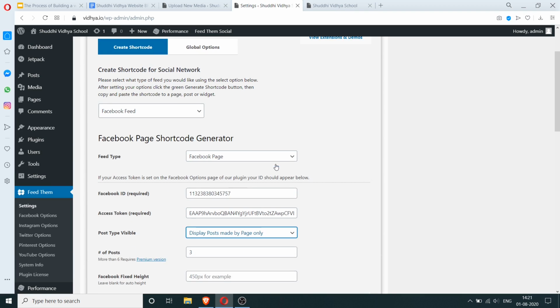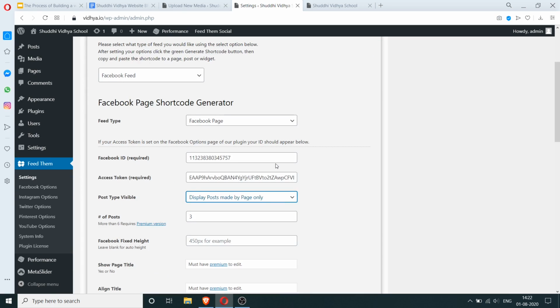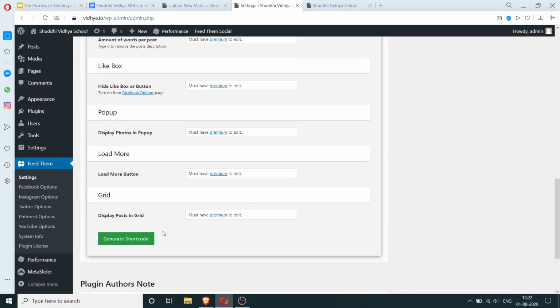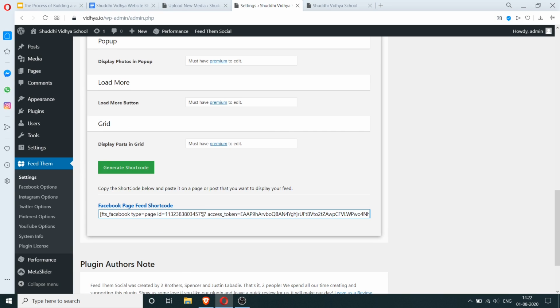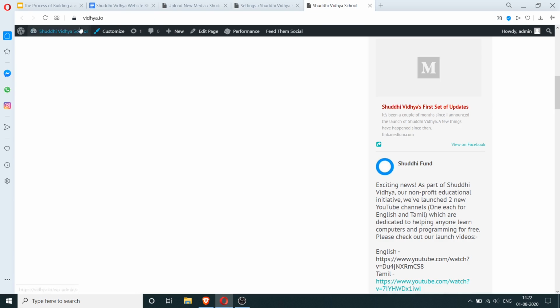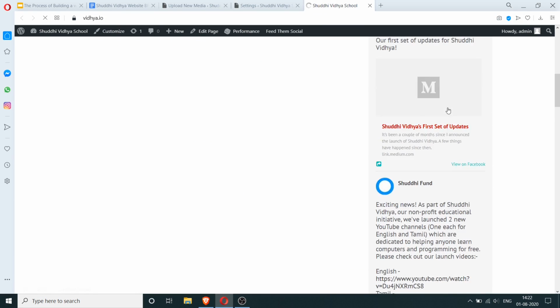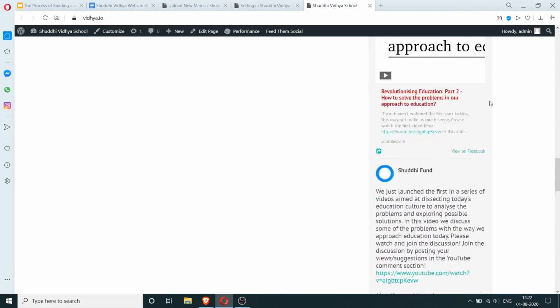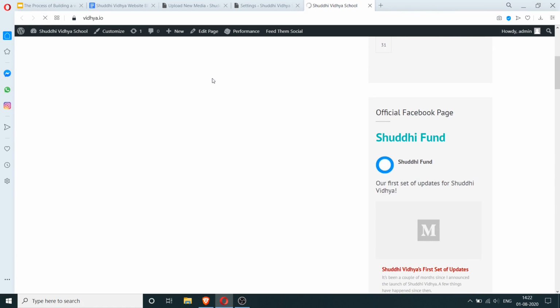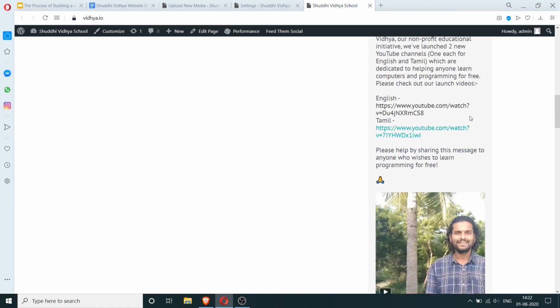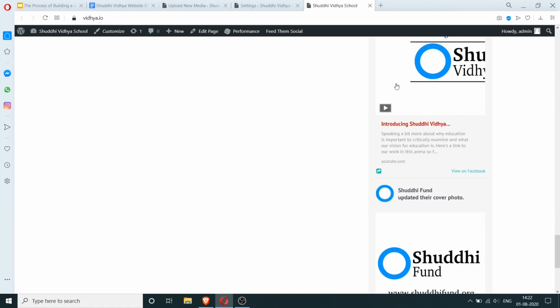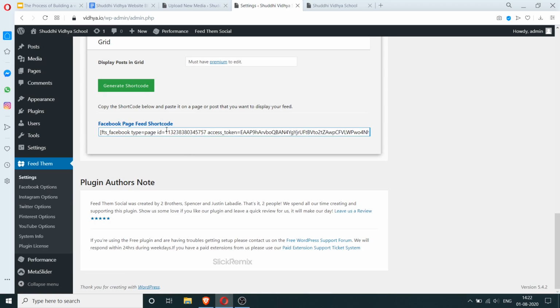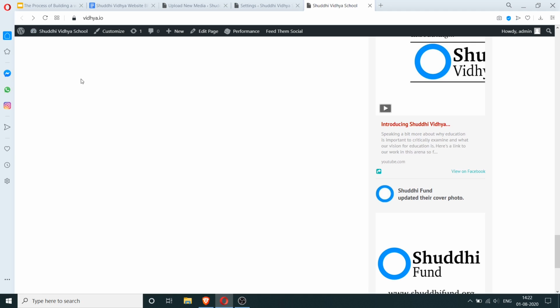But yeah, let's see if this automatically updates. We have 6 showing up right now, but let's try refreshing. Okay, we still have 6 showing up. So what we'll do is copy this new shortcode generated and go here.